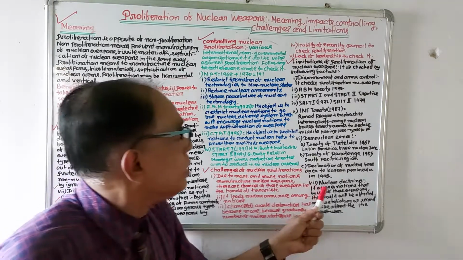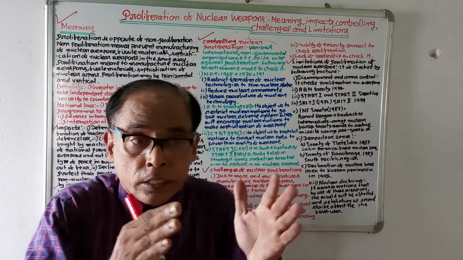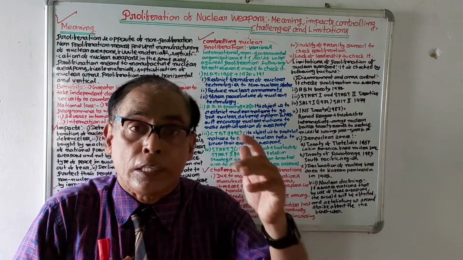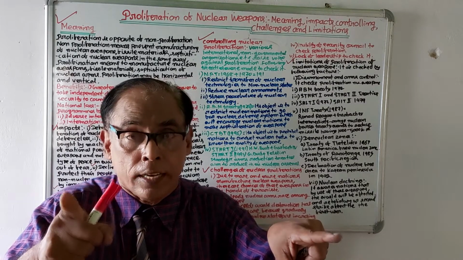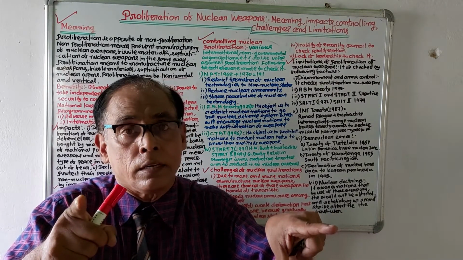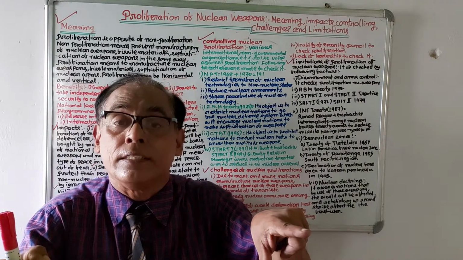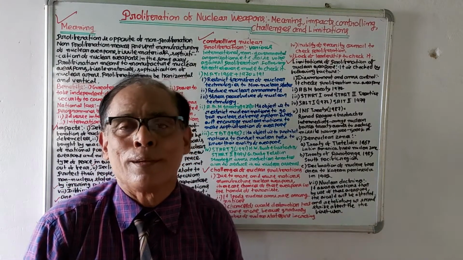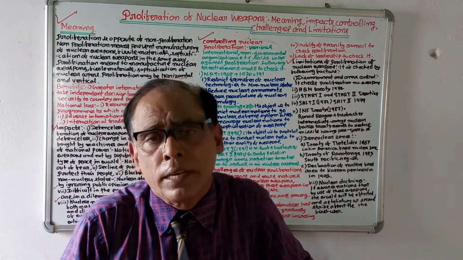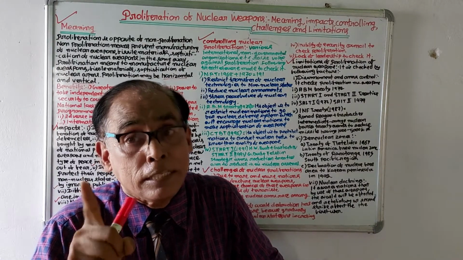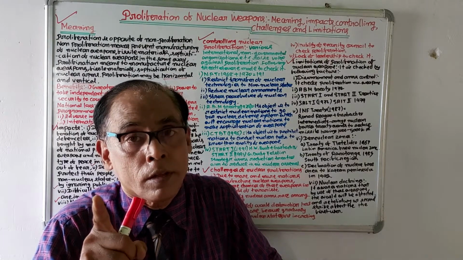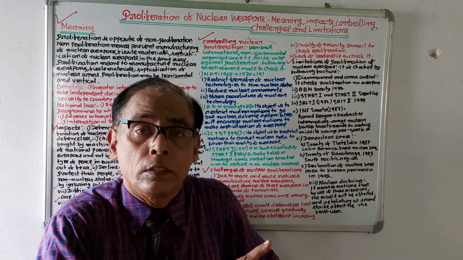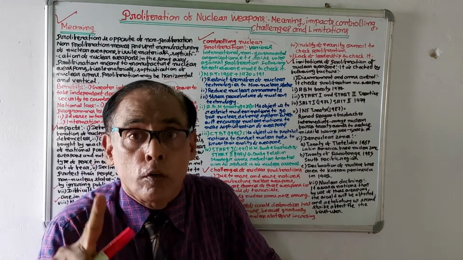Then finally, nuclear doctrines. There are also various nuclear doctrines which mention that if a nation uses nuclear weapons against another, and the second nation retaliates, then all nations will be affected. So nuclear doctrines make nations aware that if they use nuclear weapons, then they will be in problem and the entire world will be in problem.